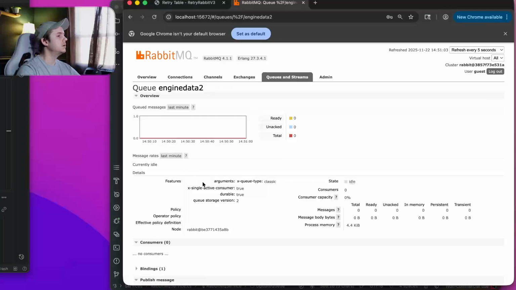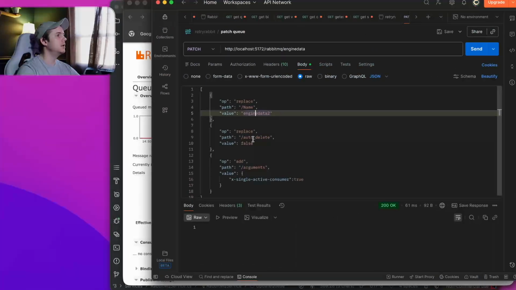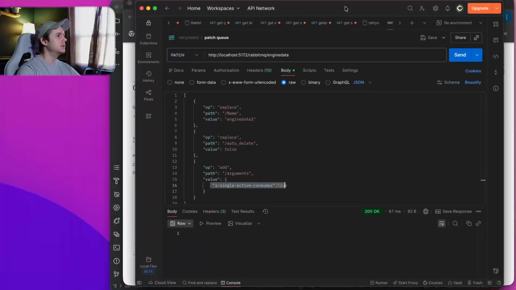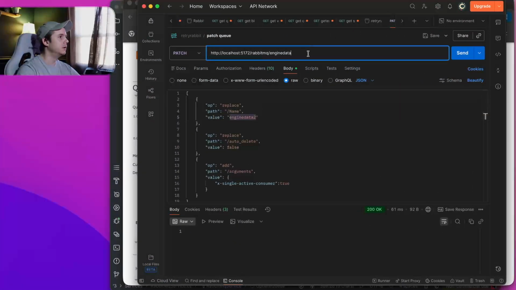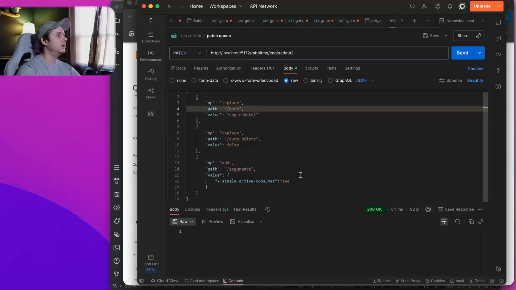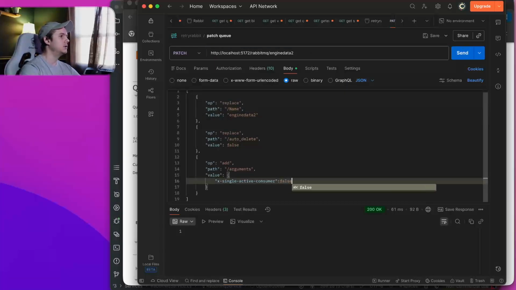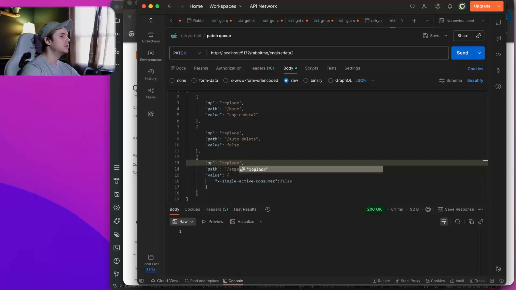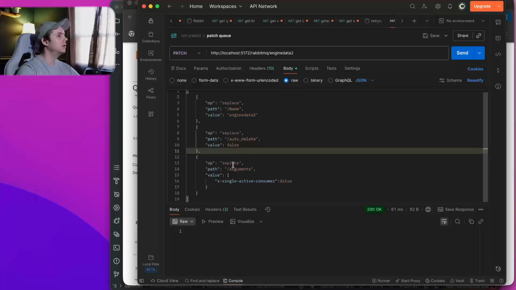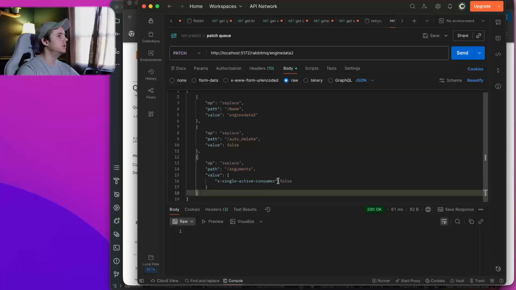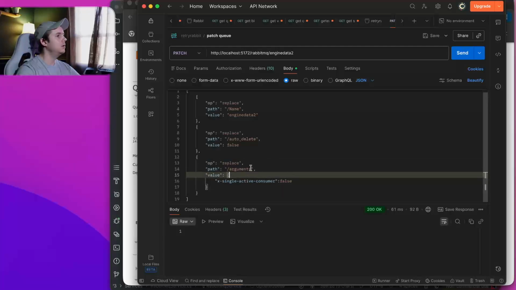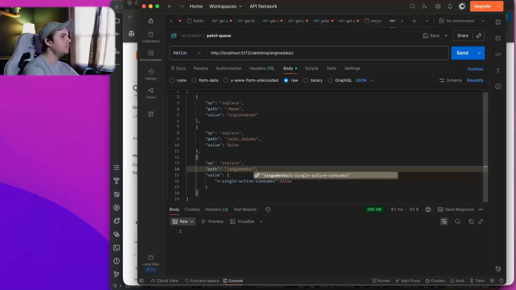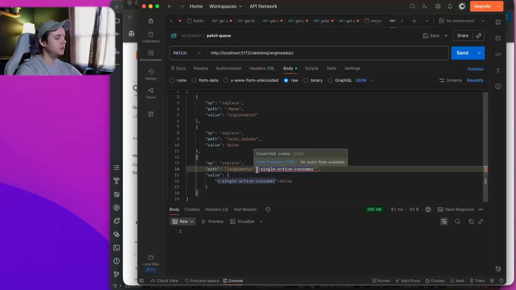Okay, so you can see that what I applied here to change the name, add the argument, and replace has taken effect. And let's leave the name as is. If I change that to be false, and I run a replace there, and then I pass in the path here, X single active consumer,